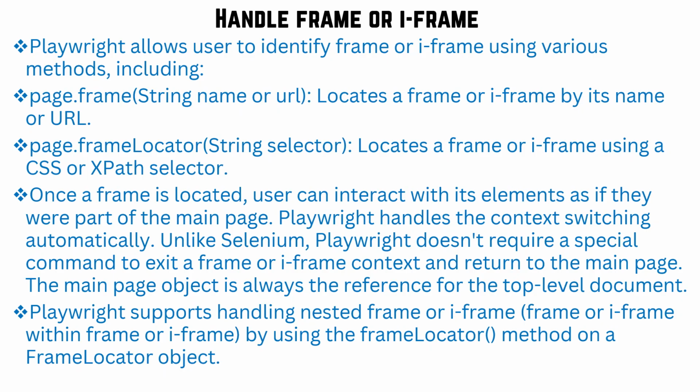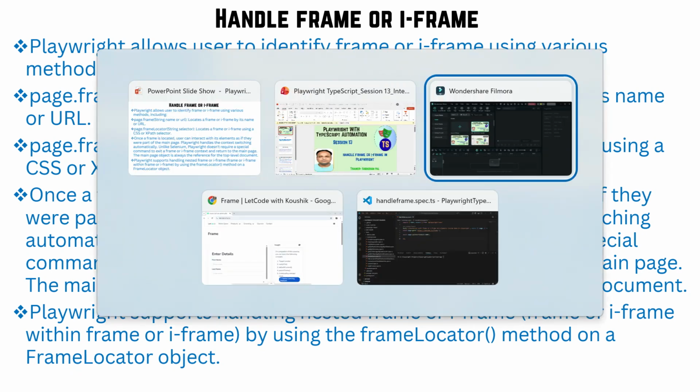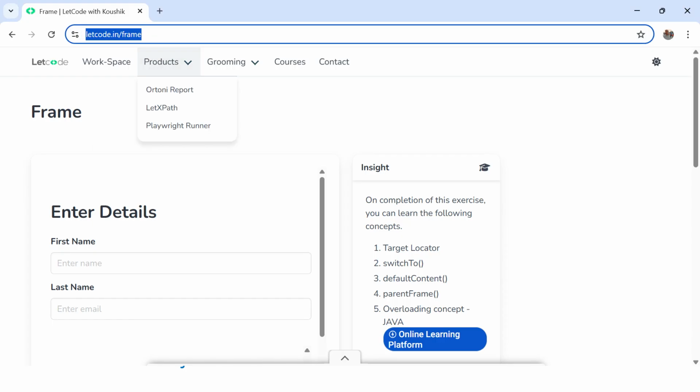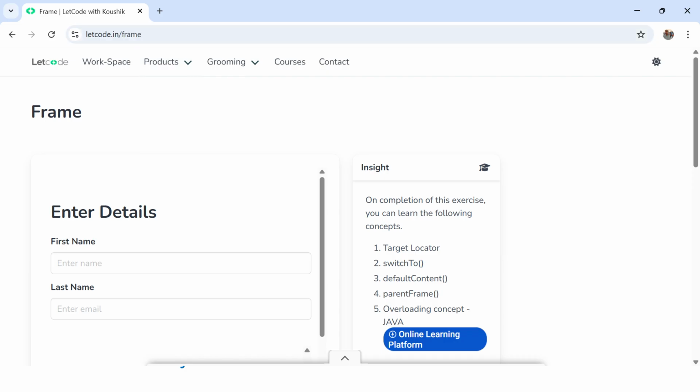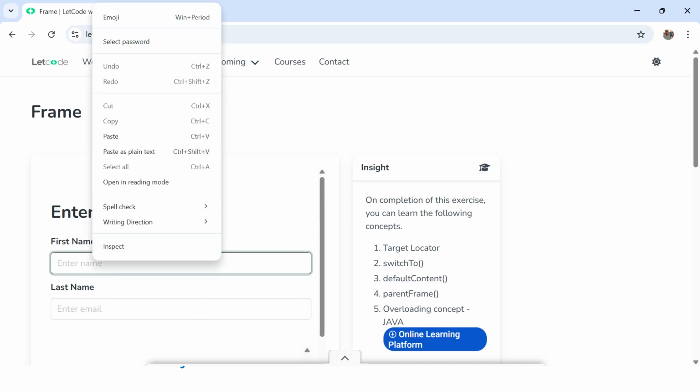Now let's understand the way you can identify the frame first, and after that you can handle the frame or iframe and interact with the element within it. So this is the web page, letcode.in/frame. So this is the frame available, in this section. So just right click and you could see,